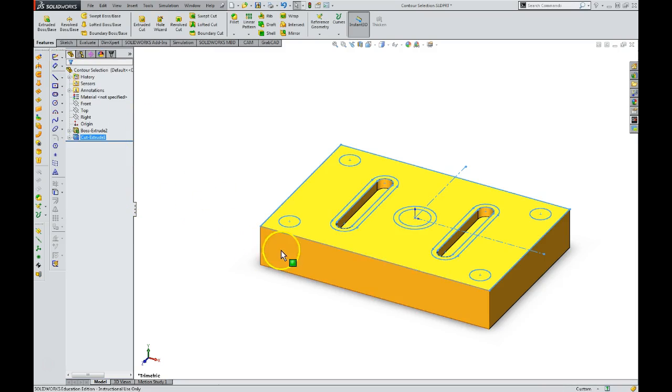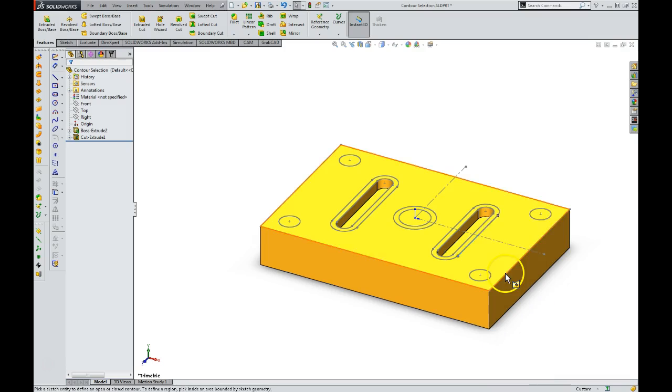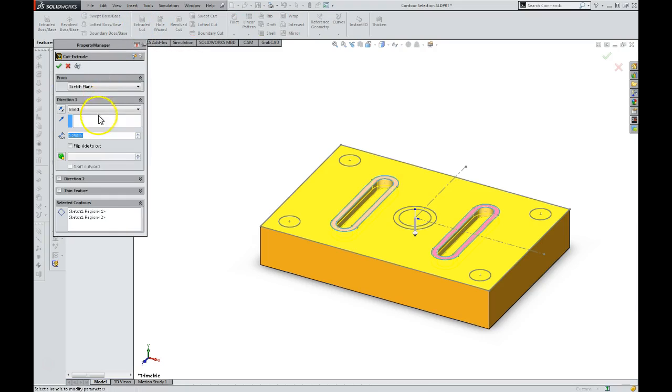Moving on, we're going to add some counter bores or recesses on the bottom of page 824. Once again, we're going to select this line, right click, expand our options, and get our contour selection tool. In this case, hold the control button and select these. Once again, extruded cut, blind depth, and in this case we're going to be cutting to